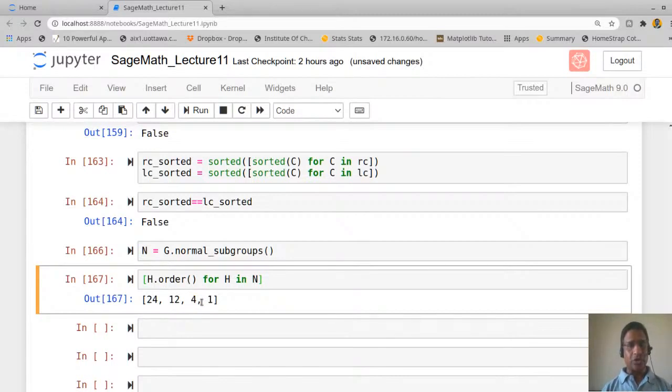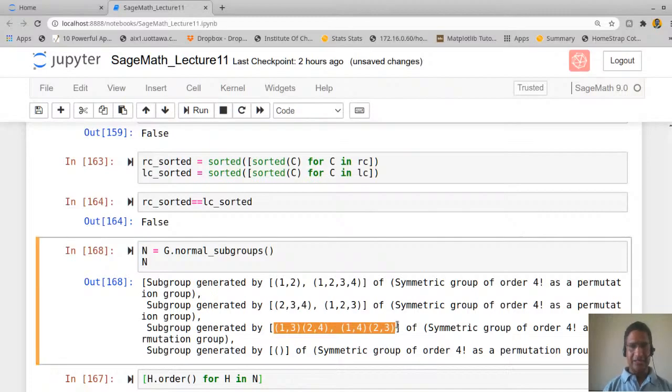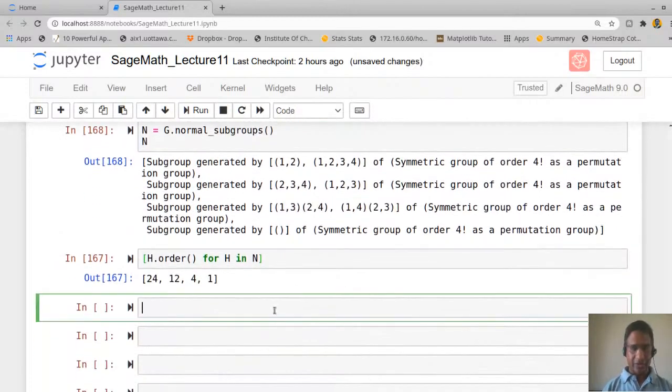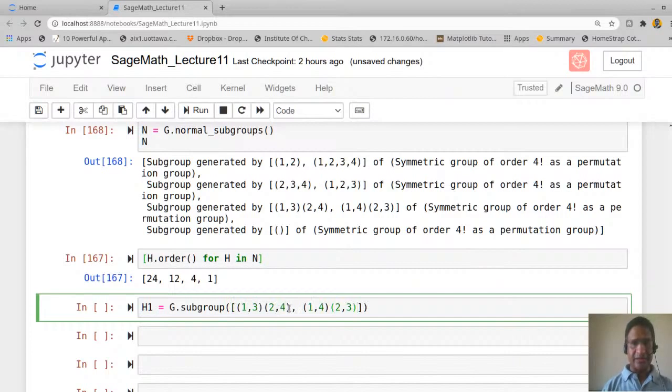So let us catch hold of this subgroup. Let me again list what are these N. It seems the third one is a normal subgroup, so let us define that. Let me call this H1, a G dot subgroup generated by the first element this, second element this.